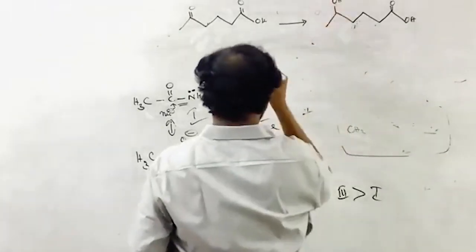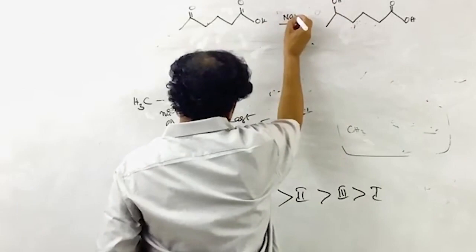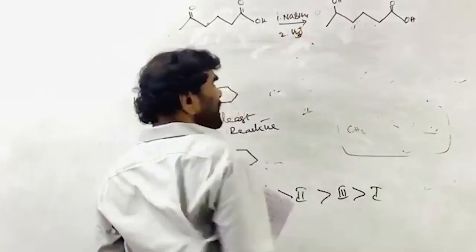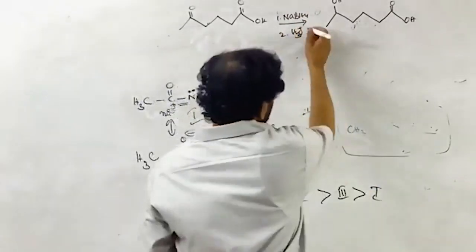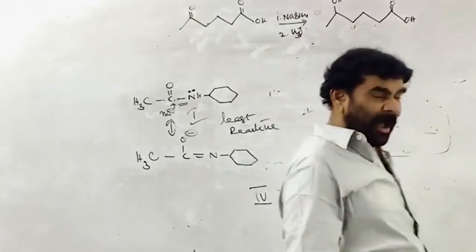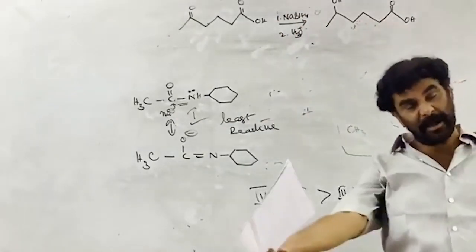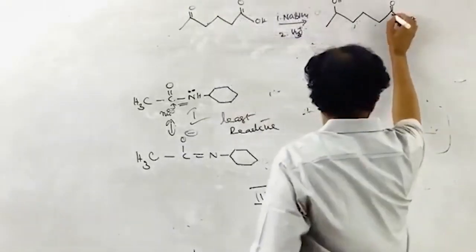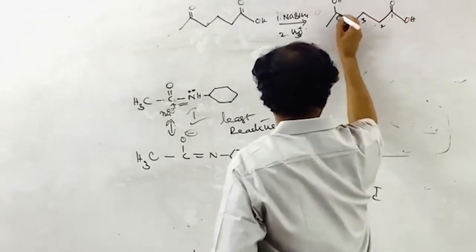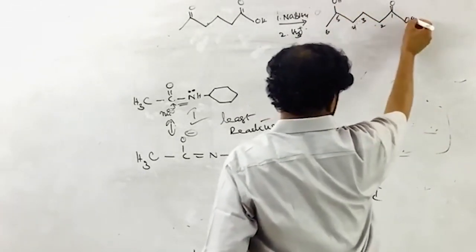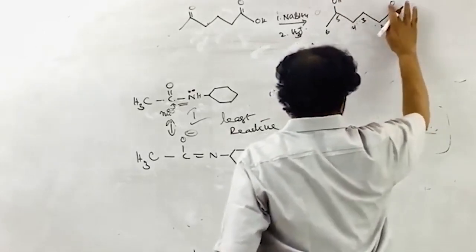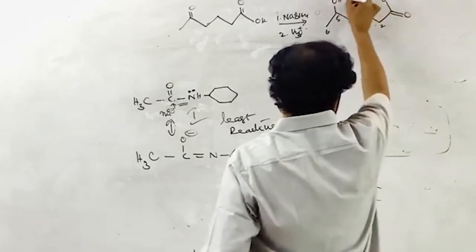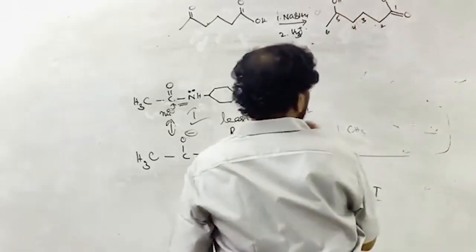So this is converted into an alcohol, followed by H3O plus, with heating. What is formed? A hydroxy acid is formed. Hydroxy acids take part in internal esterification, lactone formation. This and this, 1, 2, 3, 4, 5, 6, reacts with this OH. Let me write it this way. Now these two are interacting. Now what happens?